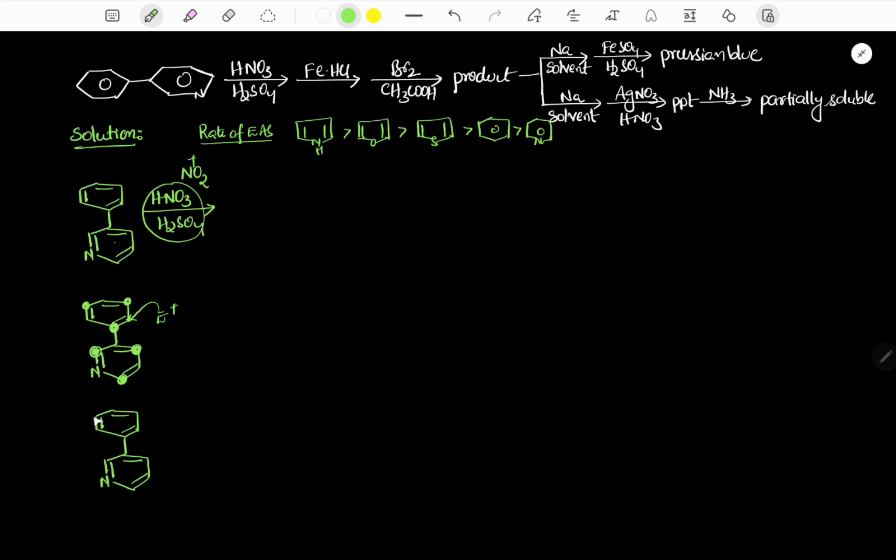Suppose the electrophile attacks at the meta position. After attack, positive charge here and here. If you compare, if the electrophile attacks at ortho or para, you get more resonance structures of the carbocation. That means more stability for the carbocation, and here less stability. That's why the attacking positions are ortho and para, and generally we consider the para position. Therefore the corresponding answer is